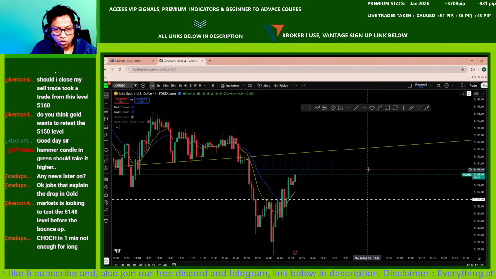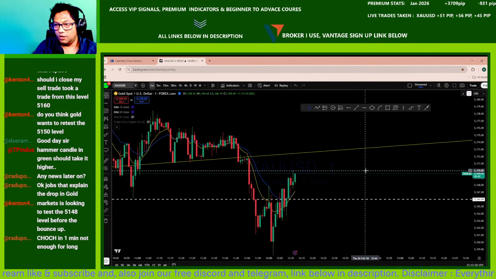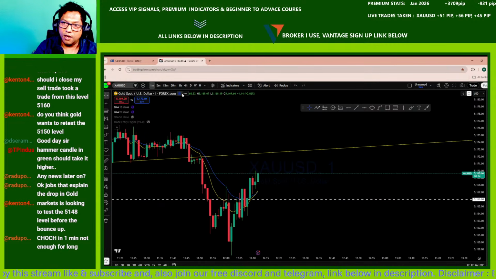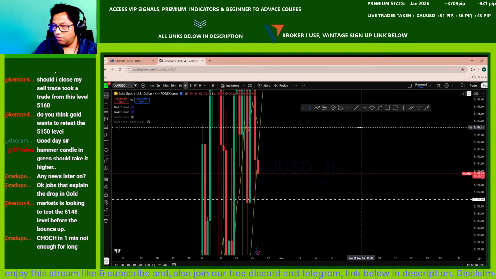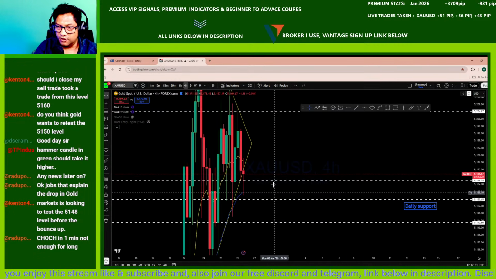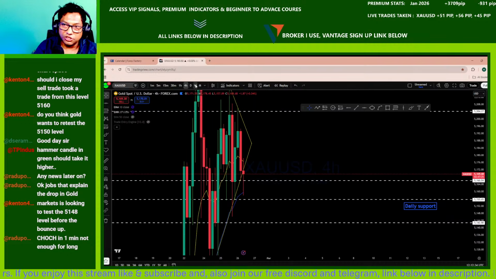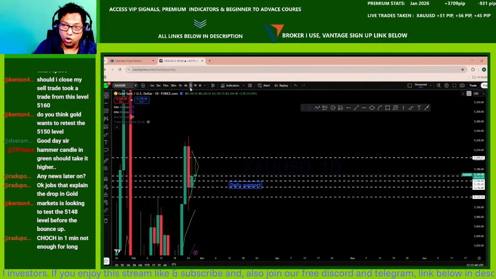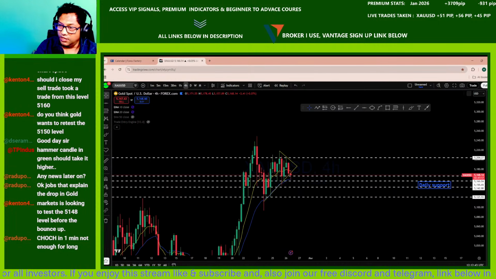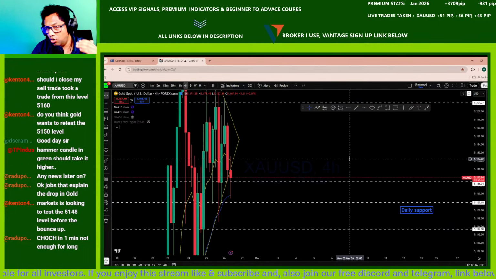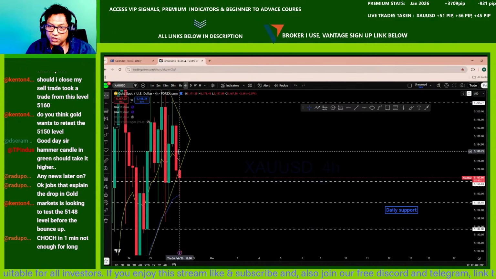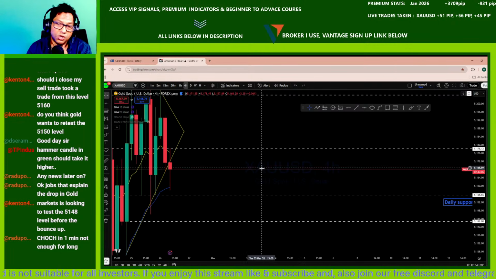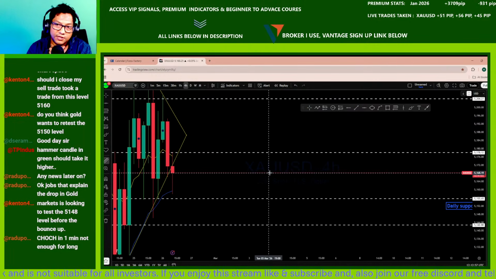Is 1 minute not enough for long? There is George, yeah. So a good question. I would look to go long, but a little thing that you need to look at here is the 4 hour resistance. Because as I mentioned, from the daily, the volatility so far today is not very high. So even if the market goes up, it may not go a lot. Why? Because this 4 hour candle that you can see might range in between this 4 hour high and low.